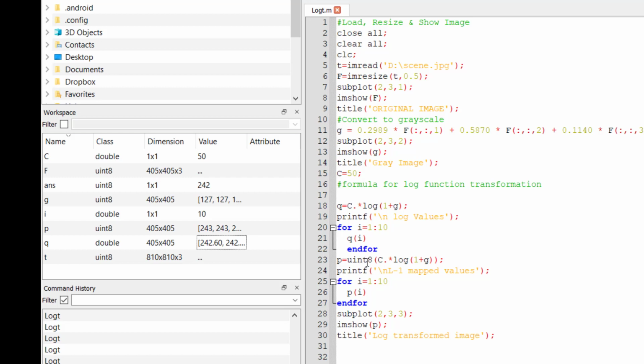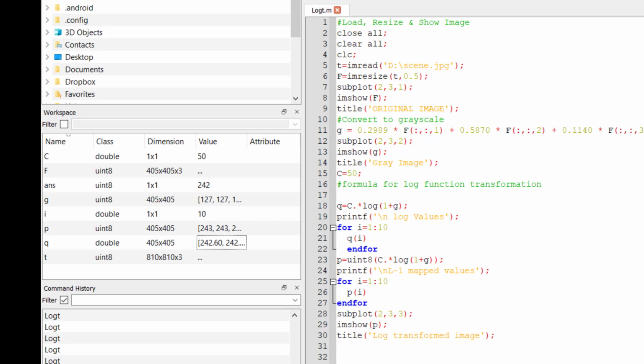So because of that, over here I have performed a sum operation, that is unsigned integer 8, and the same operation I have performed. For simplicity I have shown the sum of the pixels from, let us say, q and p, so that you can identify what the changes are between the p and q values. And finally I have plotted that log transformed image by using the imshow function.